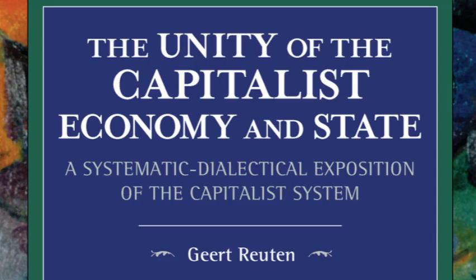To answer these questions, we need to investigate the interconnection between a wide range of elements that constitute that system. The method that I adopt in this book, "systematic dialectics", see section C, is well suited to the comprehension of complex systems composed of many interdependent constituent parts. Part 1 of the book presents the "capitalist economy". Part 2, the "capitalist state". Part 3 considers the international constellation of capitalist economies and states. Each of the subsequent chapters of Part 1 has its counterpart in each of the subsequent chapters of Part 2.